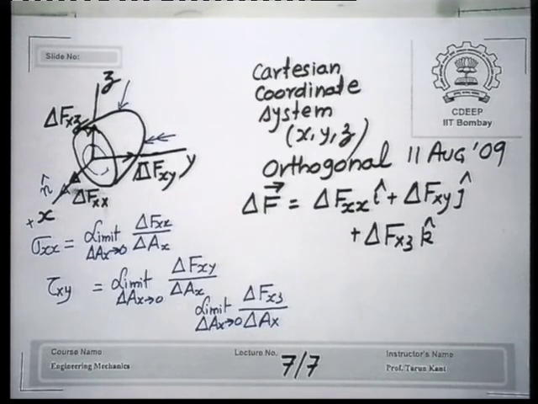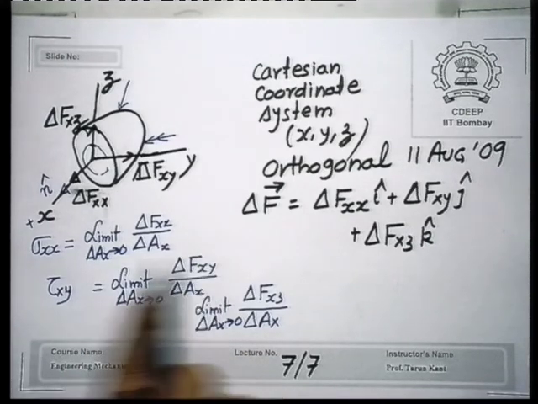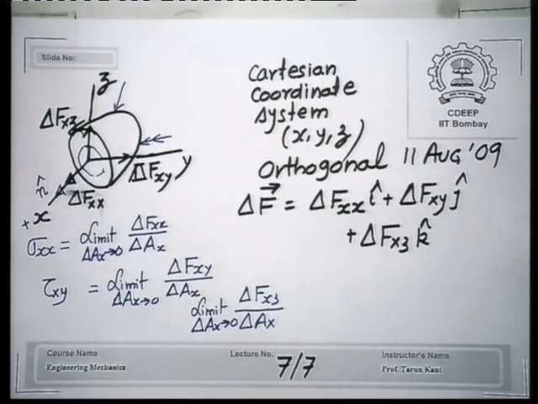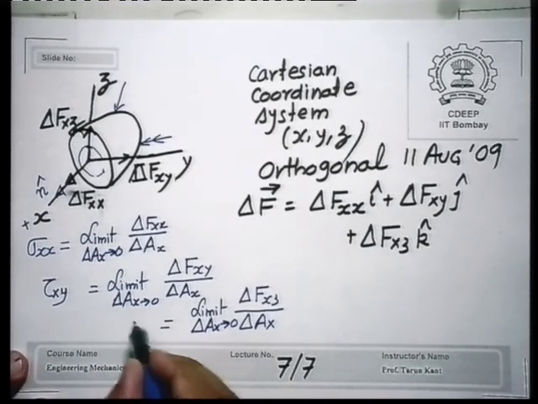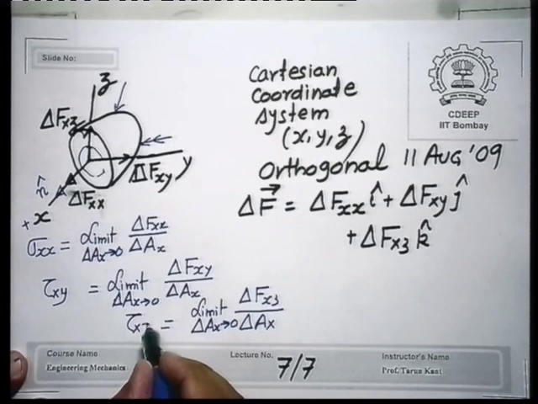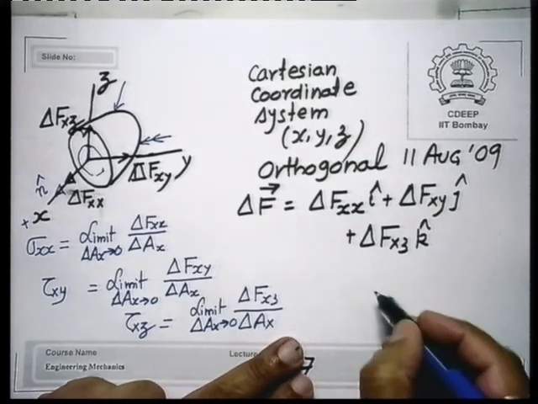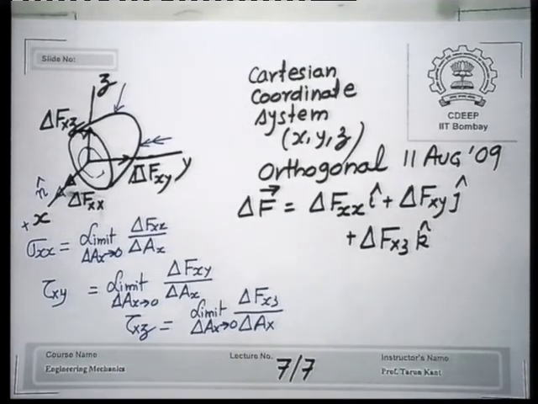So on plane x, the force that is there in y direction, if you do this, this is called shear stress. This is one component of shear stress which is going in y, and this one I will define as tau xz. So I am just saying now on an x plane,